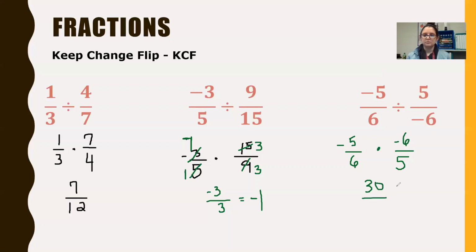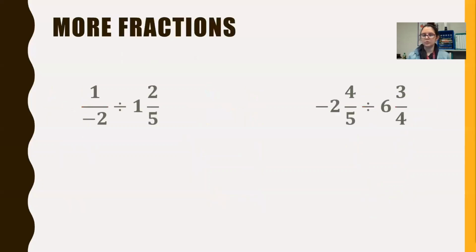And a 6 times a 5 is also a positive 30. 30 over 30 is the same as positive 1. Okay, now let's look at a few more complex examples. These will have mixed numbers in them. Okay, so just like we can't multiply with mixed numbers without using a calculator, we can't